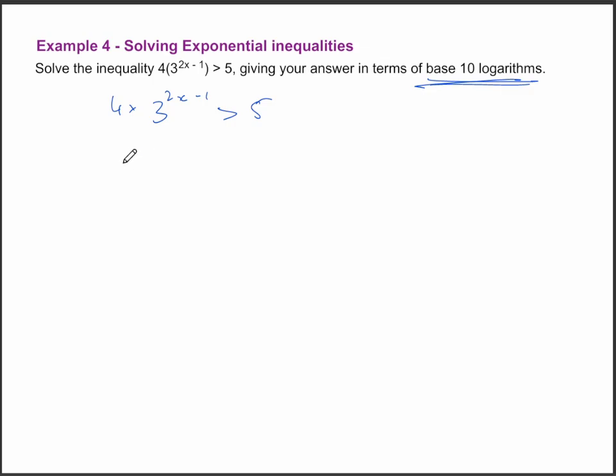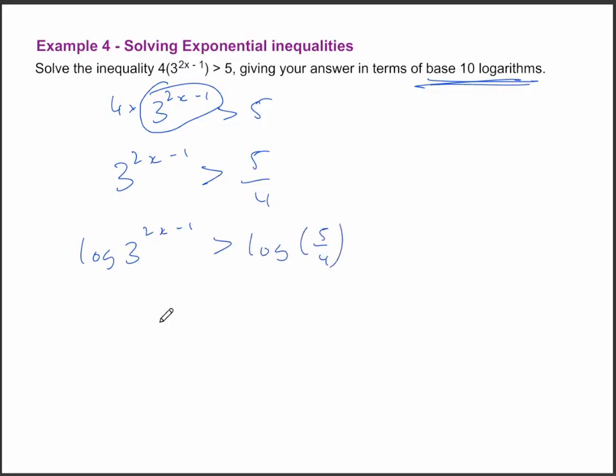And so with this, we're going to start off with dividing by 4 on both sides to isolate the exponent term. So we end up getting 3 power 2x minus 1 greater than 5 over 4. Then we can apply logs on both sides. So log 3 power 2x minus 1 greater than log of 5 over 4. Then what we can do here is take the power onto the front using the power law. So 2x minus 1